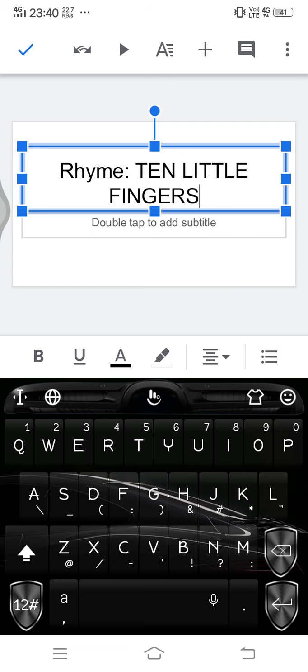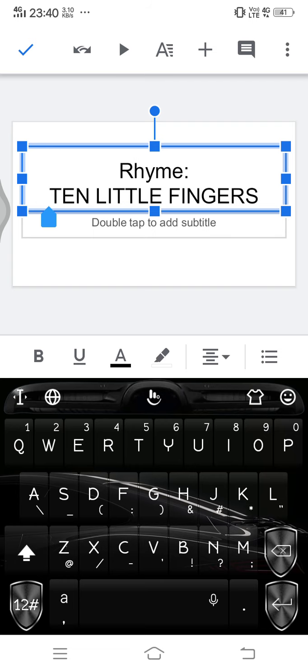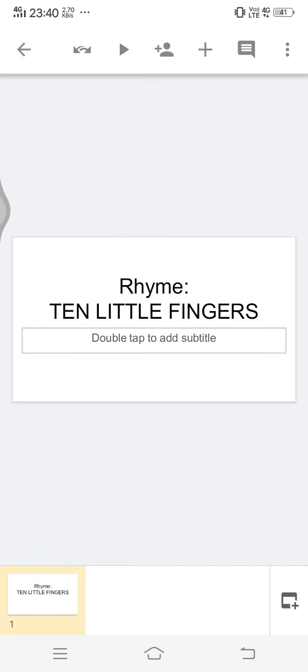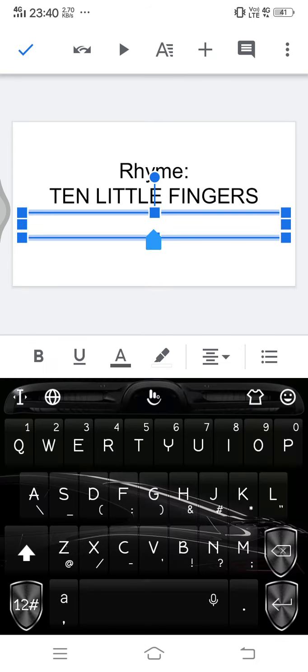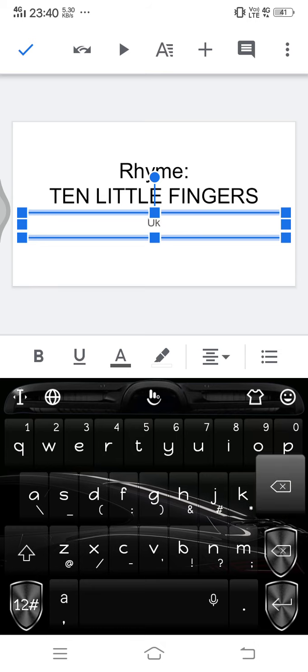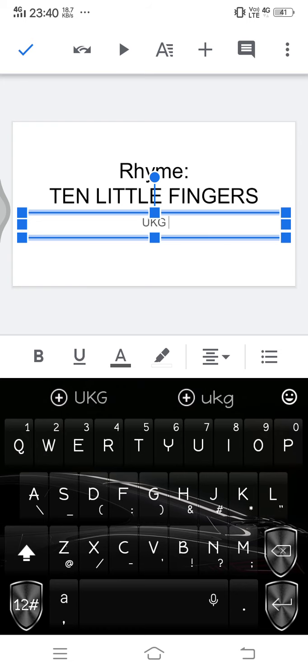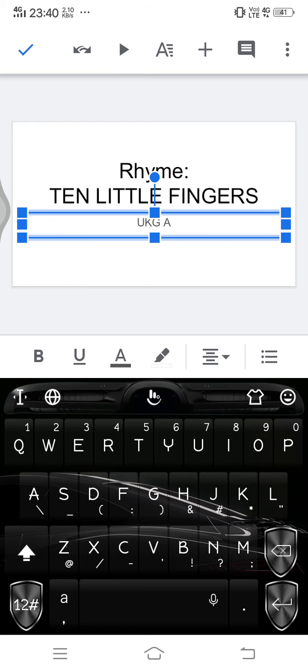Okay, so we put the rhyme on top and put the title down. You can even avoid writing rhyme there. You can avoid that and just write the title also. Then you can put your class name or maybe the author's name or something else that you want to do.